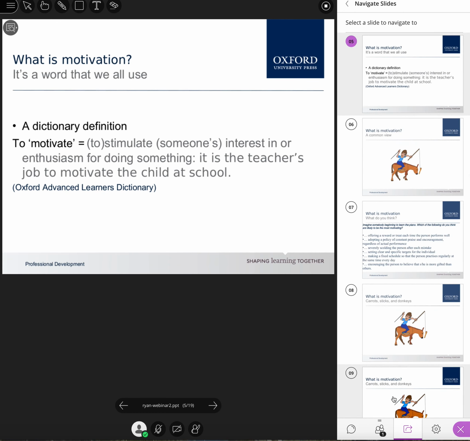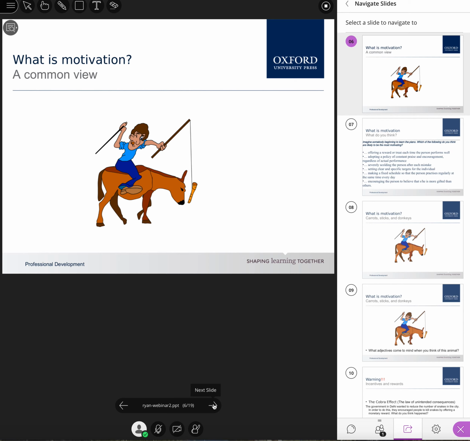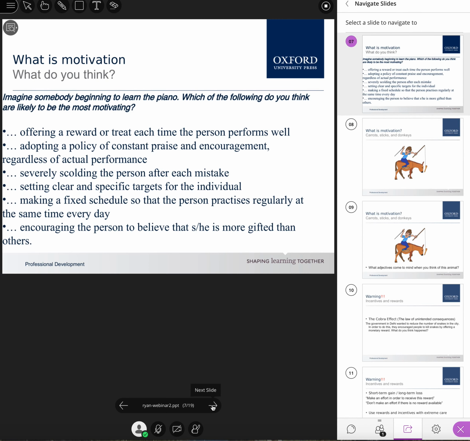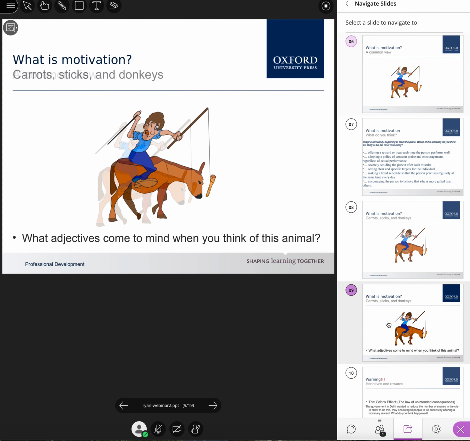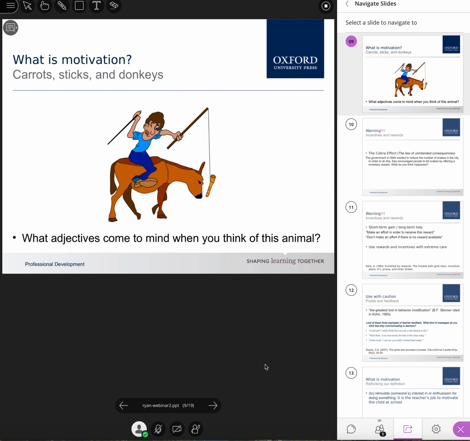So this is just something I've had from way back. Then from here I can go to the next slide, and as you can see on the right, I can see what's coming up. And then if I go here, I jumped. Excuse me. Here, I've got a question for my class. What adjectives come to mind when you think of this animal? And then I can put that to the class, and using the chat function,